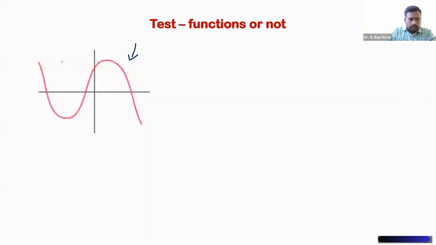Right. See, if I take a vertical line like this, see in how many locations it is intersecting with the graph. Exactly at one location, you see. That's how, yes, this is a function. If I take the other one,